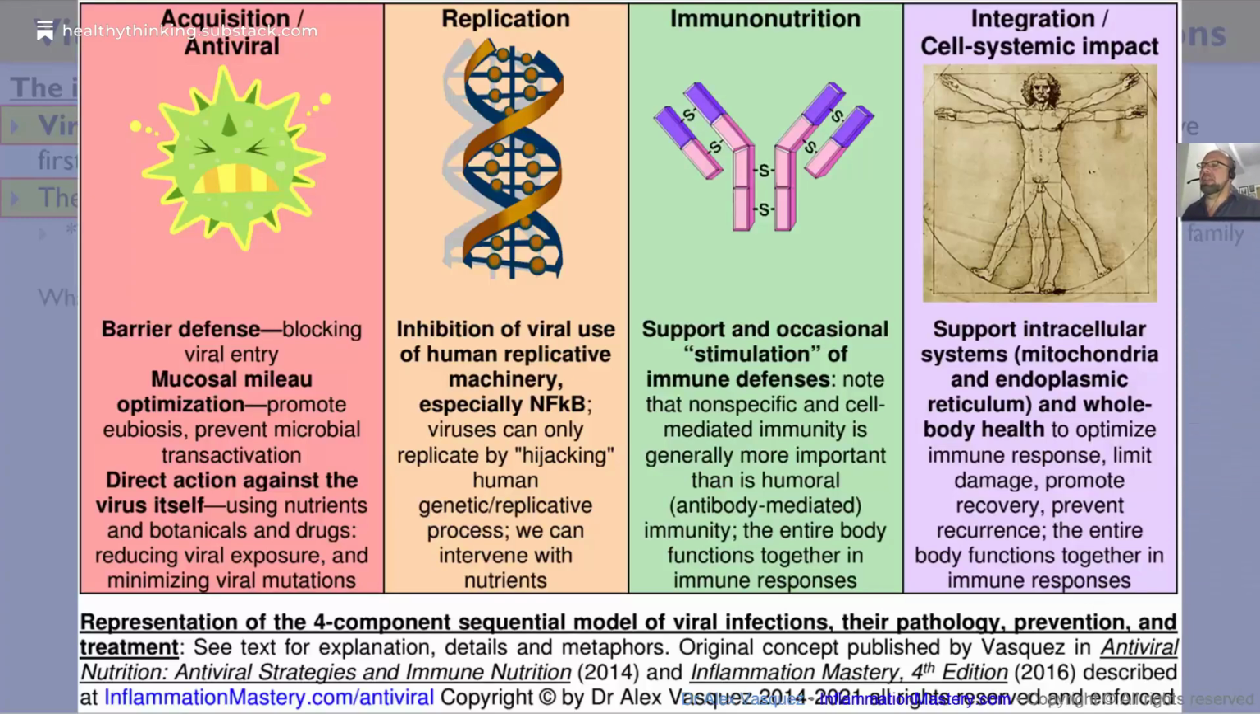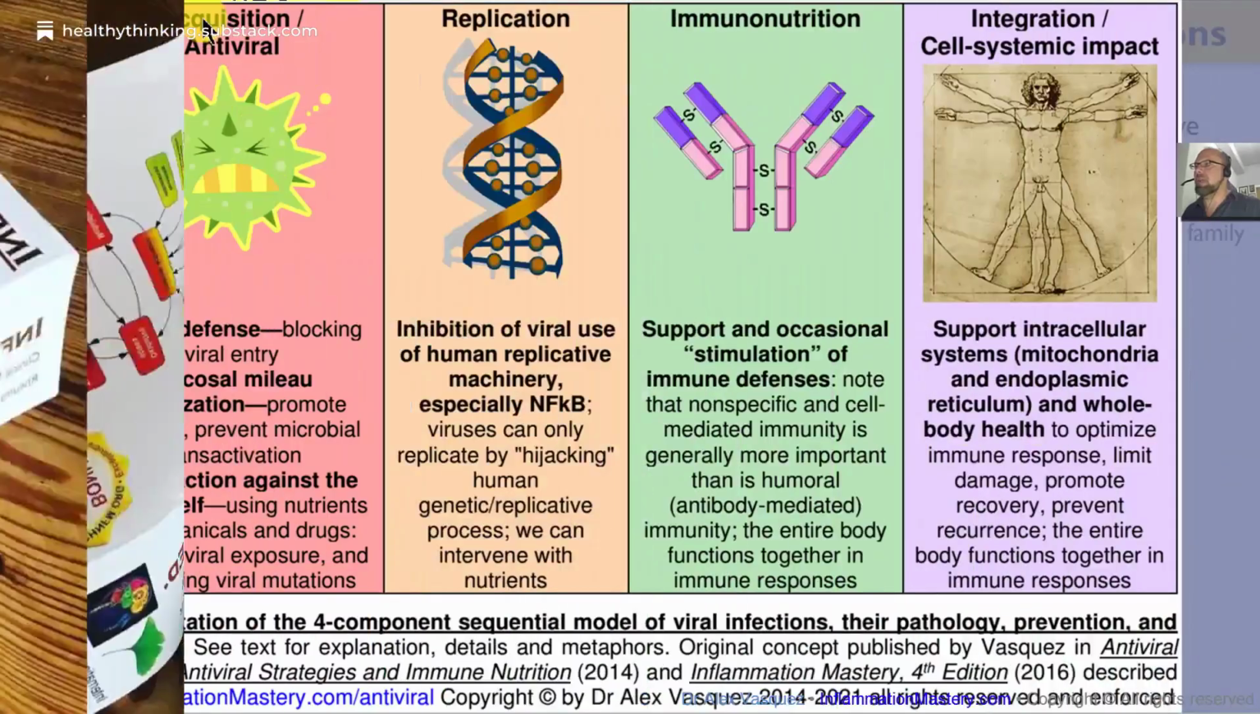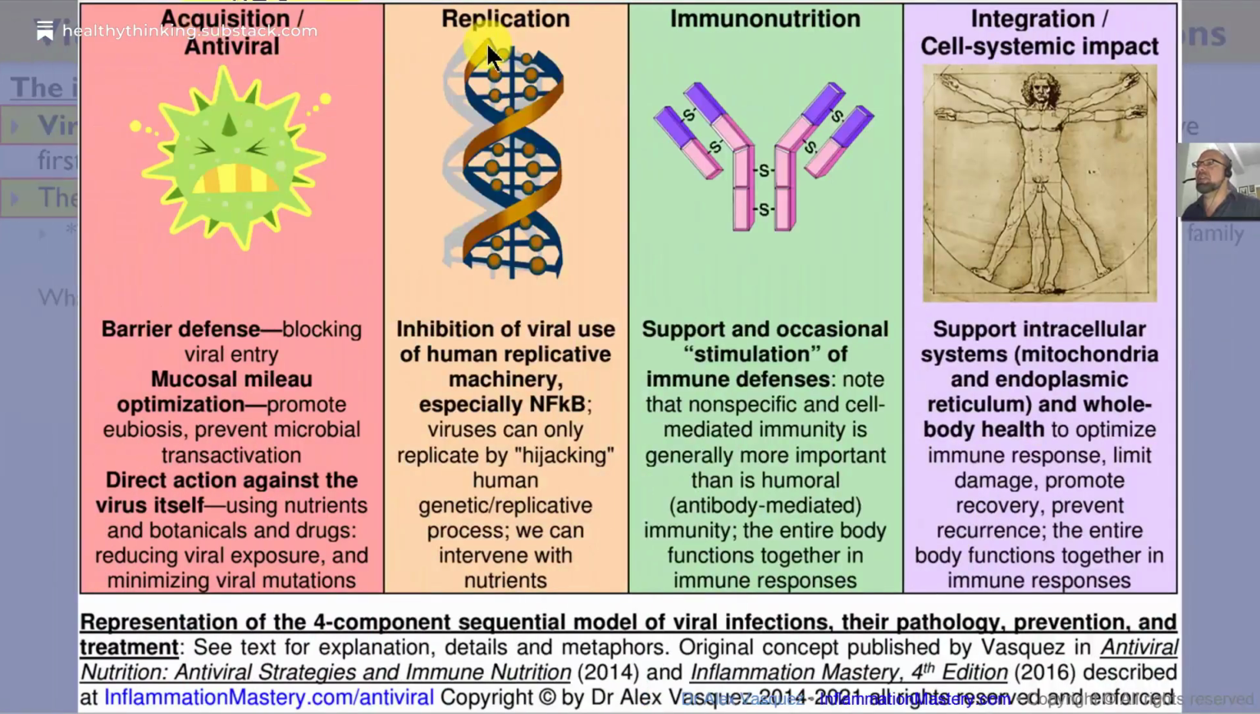As I said in my antiviral nutrition book in 2014, and that information was later published in some other books, especially Inflammation Mastery, 4th edition, I talked about looking at viral infections in four steps or four parts: starting off with acquisition, then replication, then immunonutrition, and then integration, which is the cellular and systemic impact of that